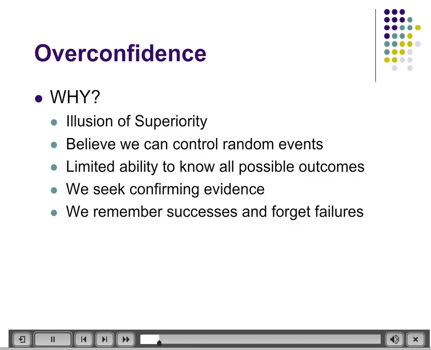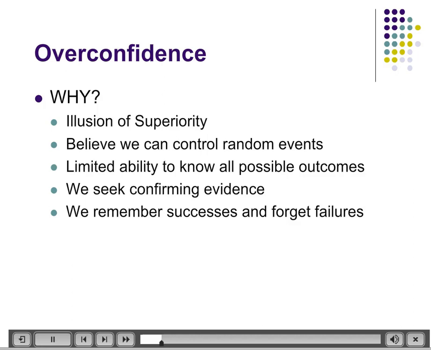So how does overconfidence bias happen? What's one of the primary reasons why it occurs? Well, first of all, we have this illusion, as I said, that we are much better than what we really are. This illusion of superiority: I'm educated, I'm smart, people look up to me, so therefore I cannot make any mistakes. So I have to be superior, I have to be excellent, and I have to be perfect at what I do, so that sometimes that drive for perfection will drive people to be very overconfident in